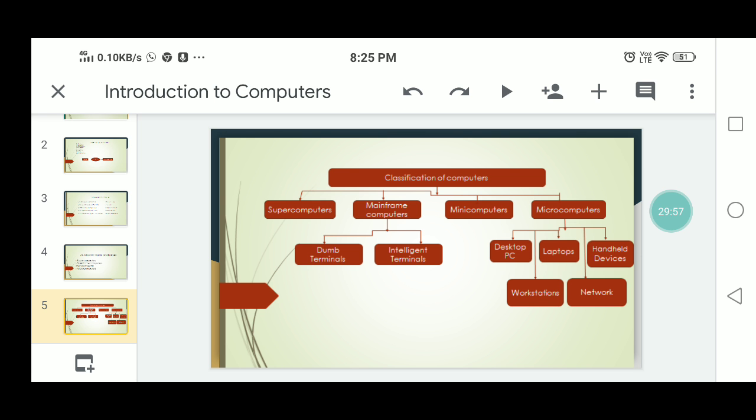Next, network computers. Network computers have less processing power, memory and storage than the desktop computer. These are specifically designed as terminals in a networked environment. Some network computers are specially designed to access the data stored on the network. For example, we are using the network, internet and intranet. So to manage the intranet facility or internet facility, you are using network computers.